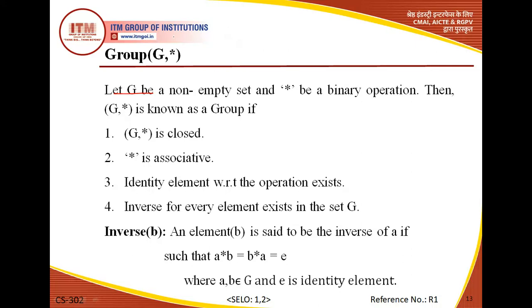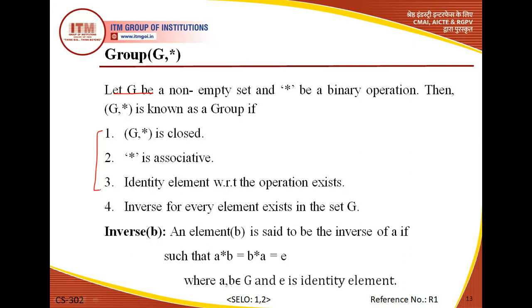So here, one property is added. Basically, we have three properties in order for a set to be a monoid. After monoid, we have added one more property, which is the inverse for every element. Obviously we have an operation into consideration, so with respect to that particular operation, we should have an inverse. Now what is an inverse? Let's talk about the inverse in the case of addition.